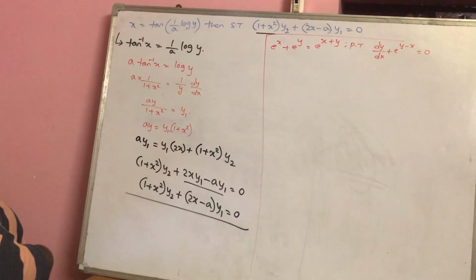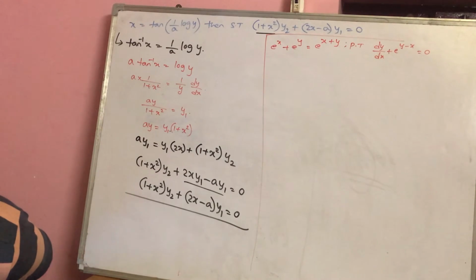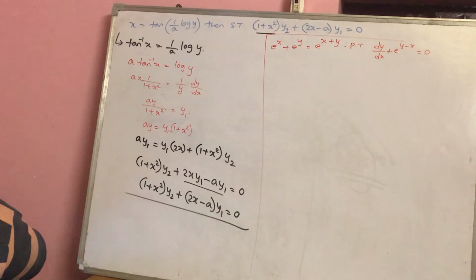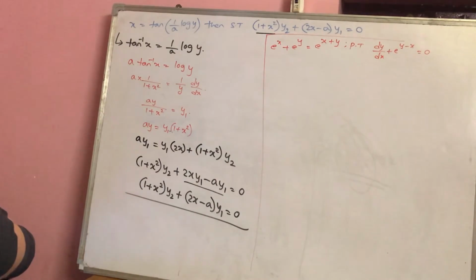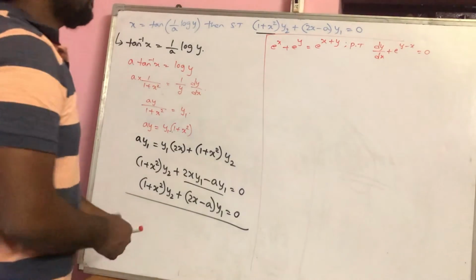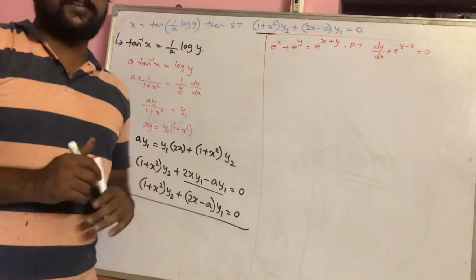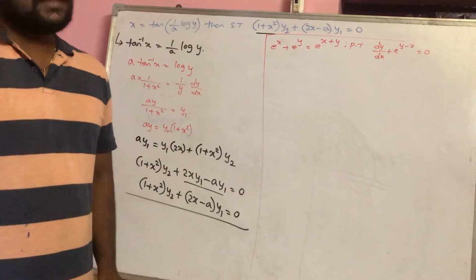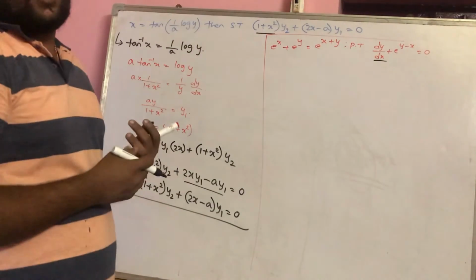See, it's a very simple thing. You just observe this. Just let me confirm the question once again. Okay, the question is correct. Okay, fine. Now see here, why I am saying the question is simple. It's an exponential function, so obviously the differentiation part will become simple, right? So here the requirement is only dy/dx. We need not apply second order differentiation.